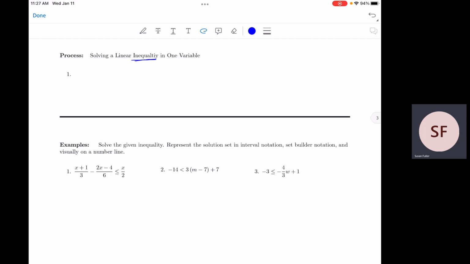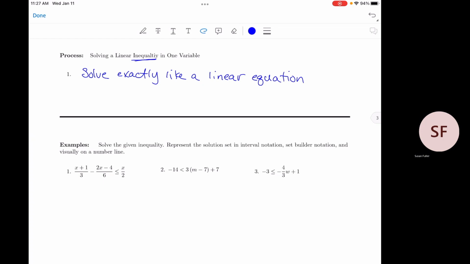To solve a linear inequality, you're basically going to solve this exactly like you would a linear equation. That is to say, you're going to put any term with an x on it, or whatever your variable is, on one side, and put everything else on the other side. You'll do the same thing in an inequality. You'll put any term with a variable on one side of the inequality, anything without the variable on the other. There's only one thing that you have to be careful of,